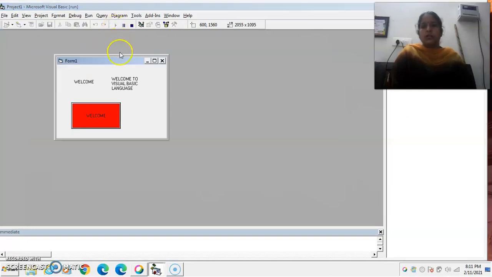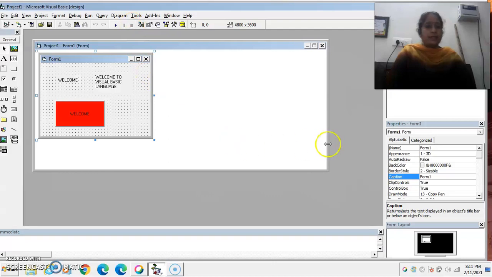Now click on the escape button. Now the size of the text of the command button changes to 20. This is the importance of the cancel property, which is set to true.